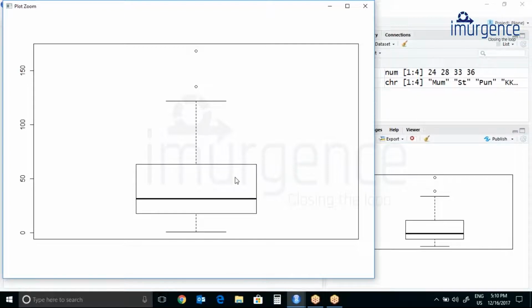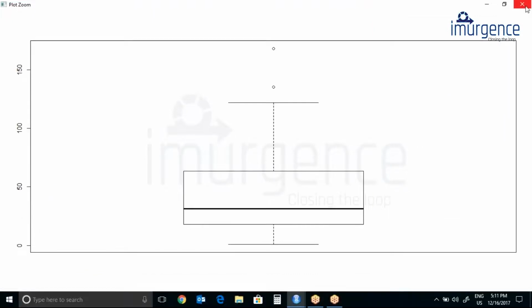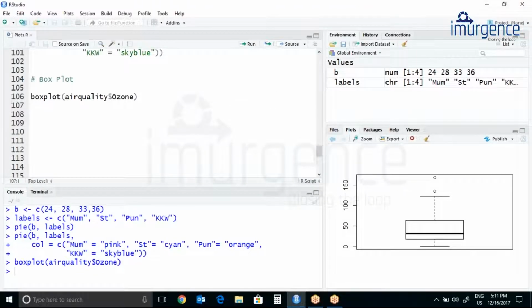Usually a box plot has 5 parameters: minimum, first quartile, median, third quartile, and maximum. So this is the minimum, and this is the maximum, and these are your lower whiskers and upper whiskers. The data points which you can see above the whiskers, we call outliers. We'll discuss outliers in a separate section. So we'll just start plotting this.